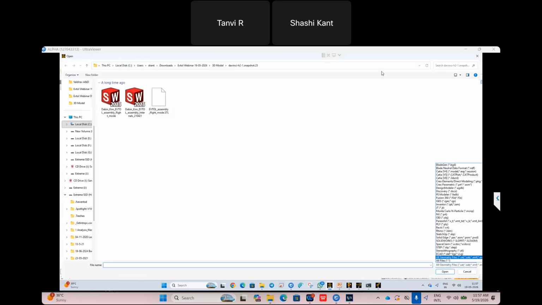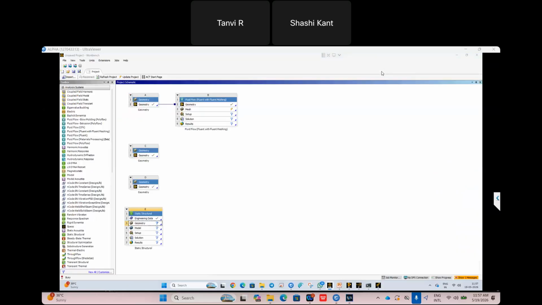In the geometry, as I told you, we have an option for importing, and we can import multiple types of file formats. CATIA can be imported, Creo can be imported, SolidWorks can be imported, SketchUp can be imported, Rhino can be imported. The beauty of this is that native file formats can be imported also. Native file format means, let's suppose you are making a model in SolidWorks, maybe eVTOL.SLDPRT.